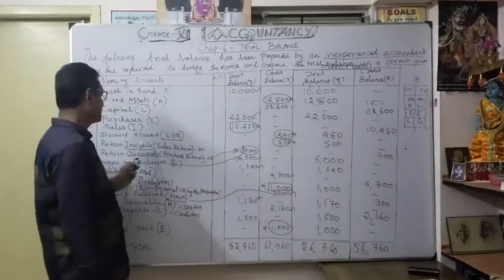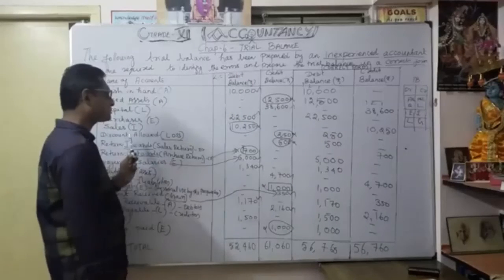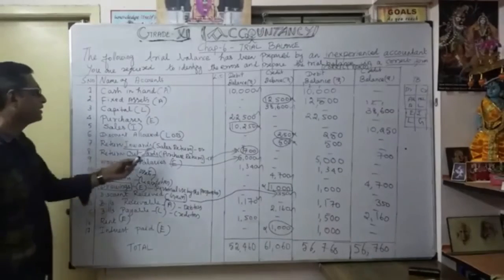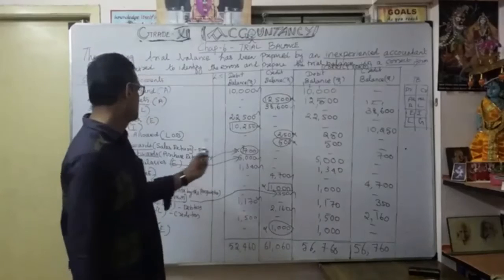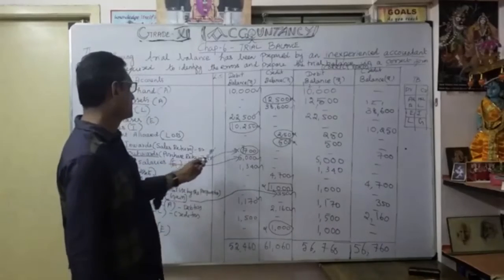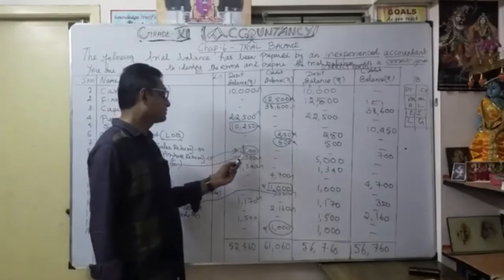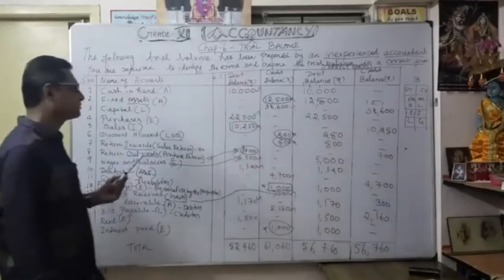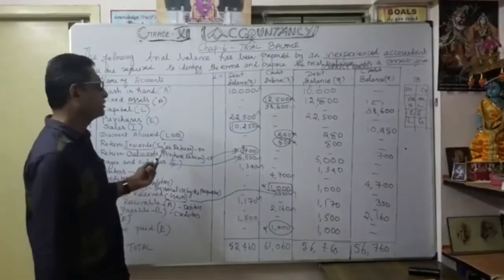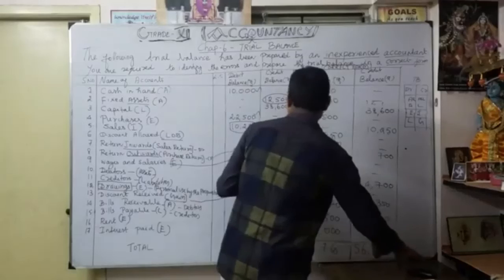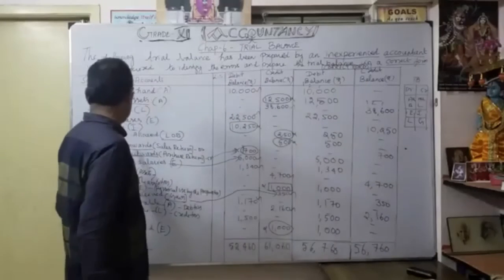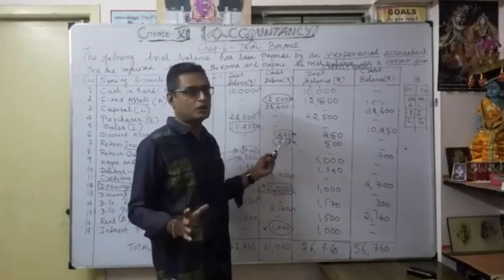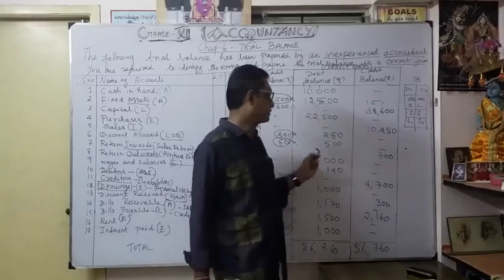Thereafter, return inwards, sales return. Okay. Sorry, return inwards, sales return 500. Where did they write it? Debit side or credit side, which is correct? They wrote it on the credit side. Sorry, sales return should be debit. A little confusion. See, as return inwards, sales return, they wrote what? Actually, the credit side. It's wrong. Sales return is always what? Debit side. Now understood.